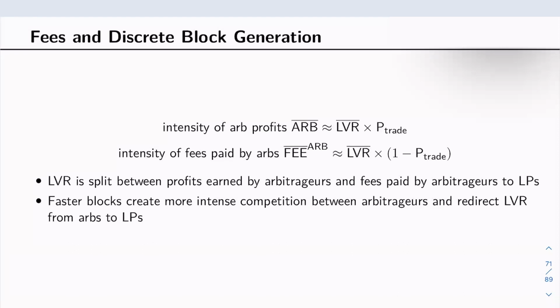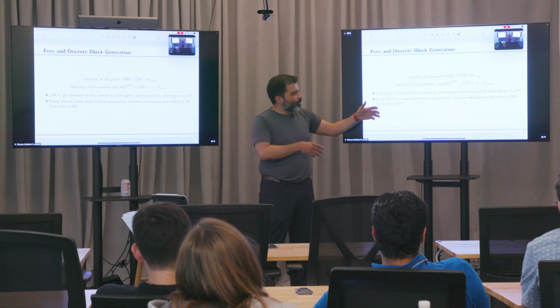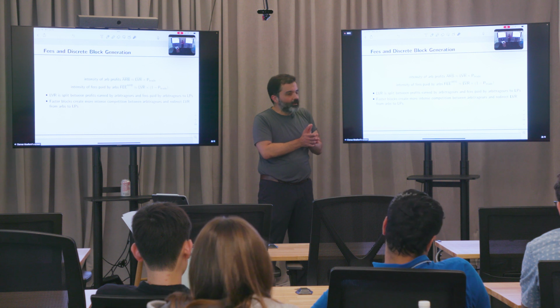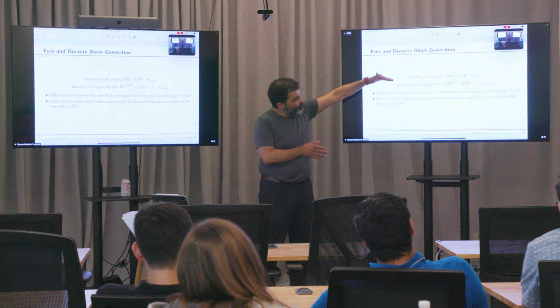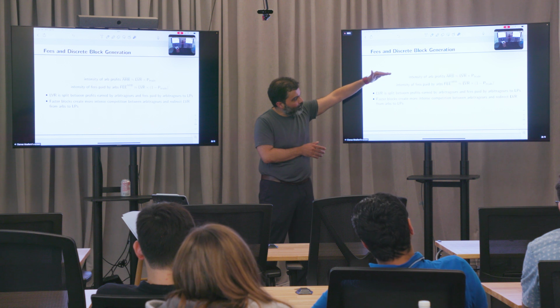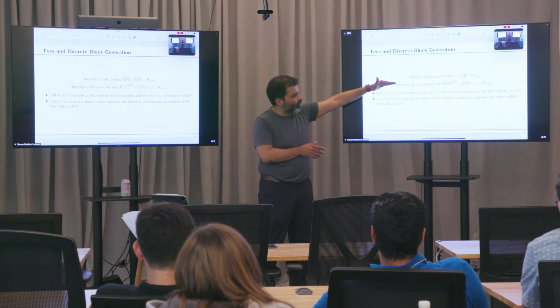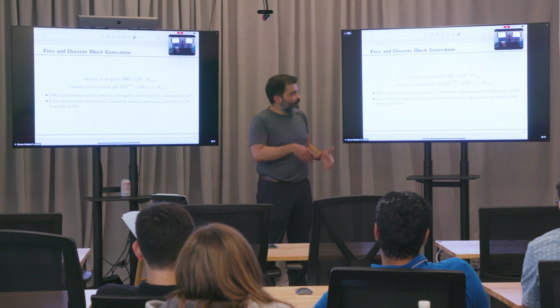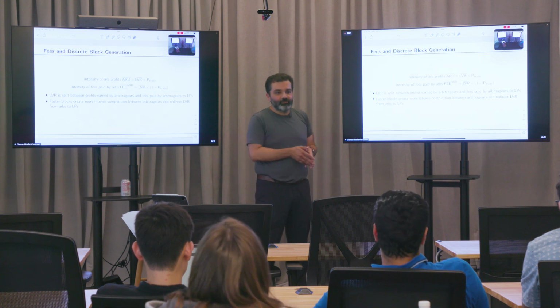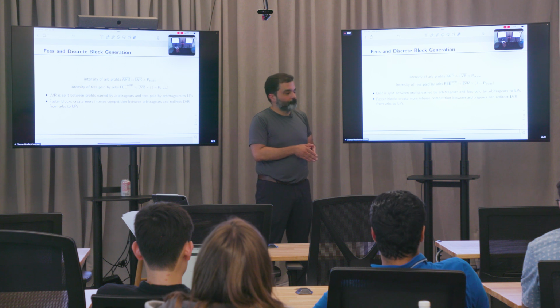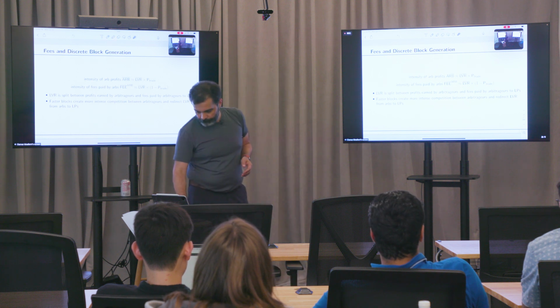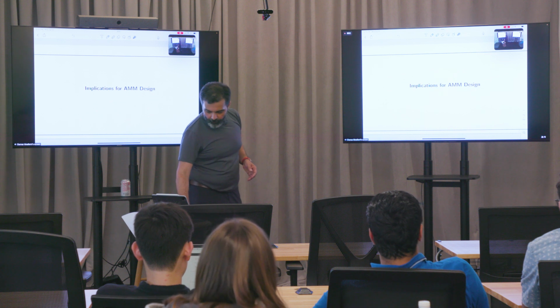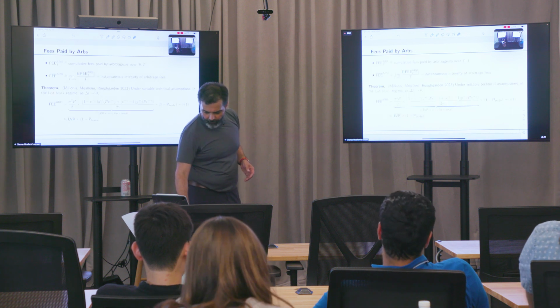So it looks like lever is a conserved quantity, and it is indeed the sum of how much money the arbs make net of fees, plus the fees that they pay into the pool. In other words, we can think of imposing a fee as redirecting some of this lever away from the top bucket, how much money the arbs make, into the second bucket, the fees that the arbs pay into the pool. And in the continuous time limit, they end up paying all those fees into the pool, so they're making nothing. Okay, so those are the main theoretical results.